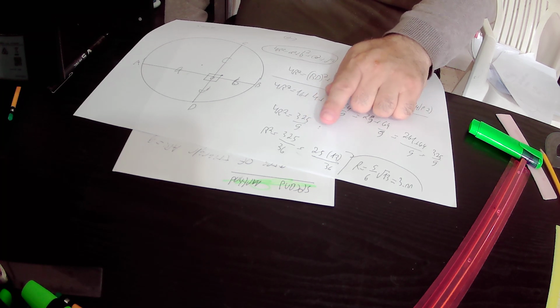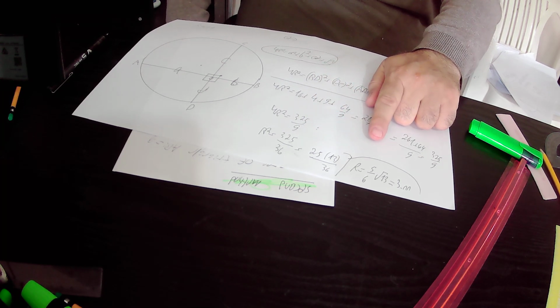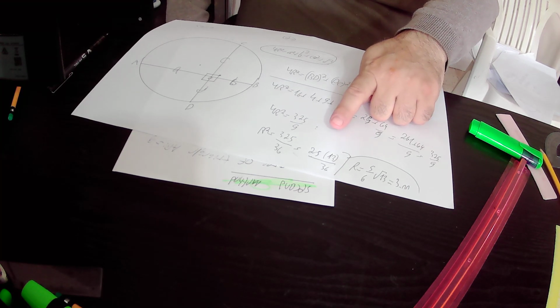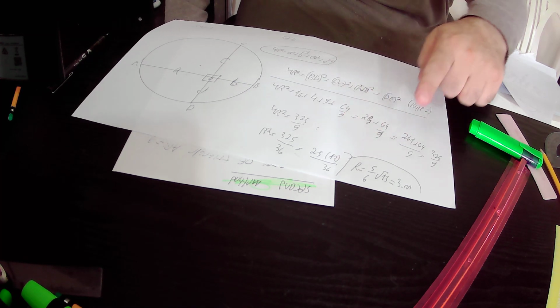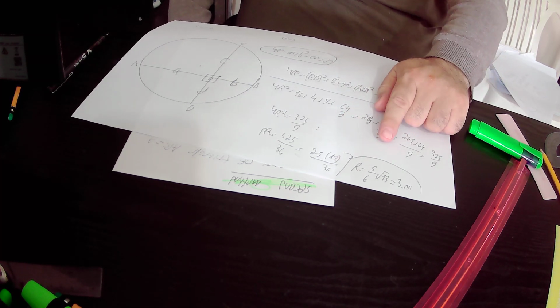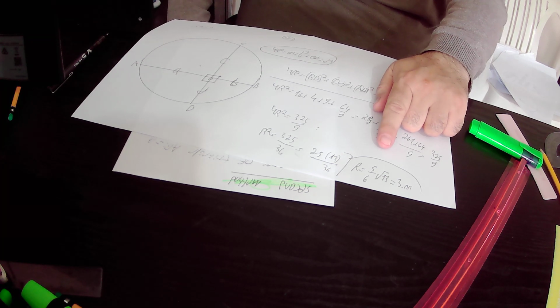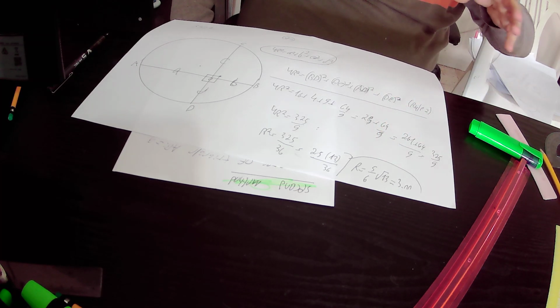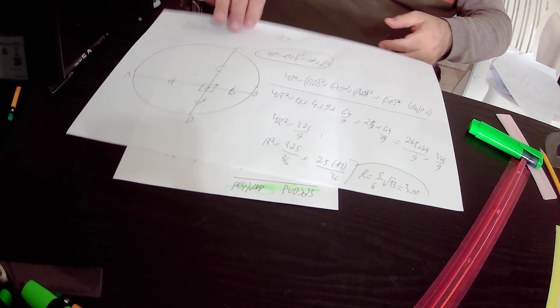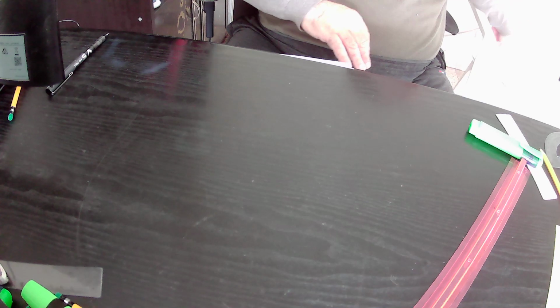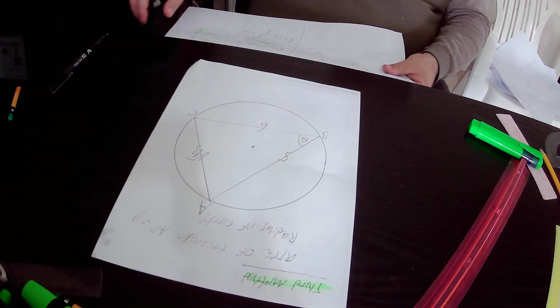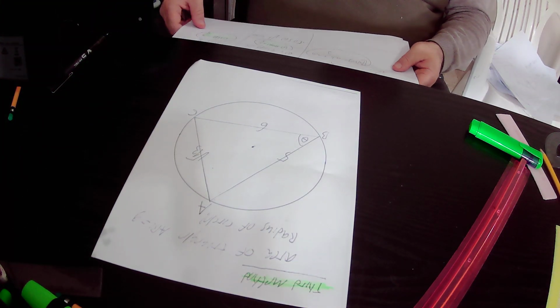Then we took the root of this equation and found that the radius of the circle that encloses triangle ABC equals the square root of 25, which is 5, times the square root of 13, over the square root of 36, which is 6. So the radius equals 5 times square root of 13 over 6 units, which in numbers is a little bit greater than 3 units. We finished with the second method, then I presented to you how to find the radius of this circle that encloses triangle ABC